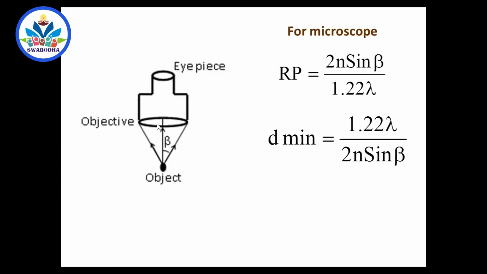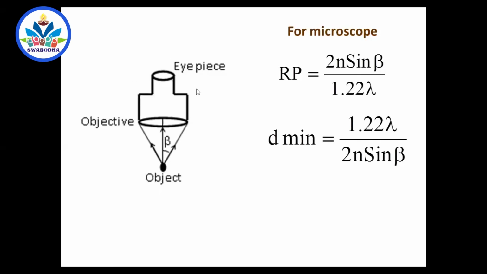So on the lens, rays of light will be falling from the object in different positions, and all these rays of light coming from the object to all parts of the lens make a cone shape. And what is the angle of that cone? Semi-vertical angle. I am not calculating the full angle of that cone. The semi-vertical angle of that cone is called beta. So if it is asked what is beta, it is the semi-vertical angle of the cone of rays forming the image, the rays coming from the object entering into the lens, right?